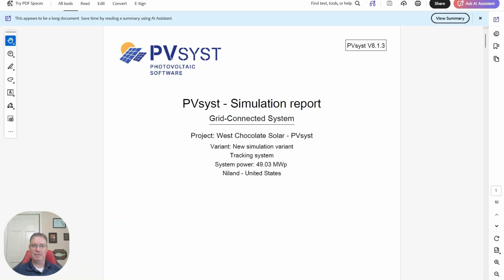Hello! Today I'm going to demonstrate how to import a PVsyst project into PlantPredict using our new PVsyst project file import utility that we just released. On the screen here you can see that I have a PVsyst yield report for a project called West Chocolate